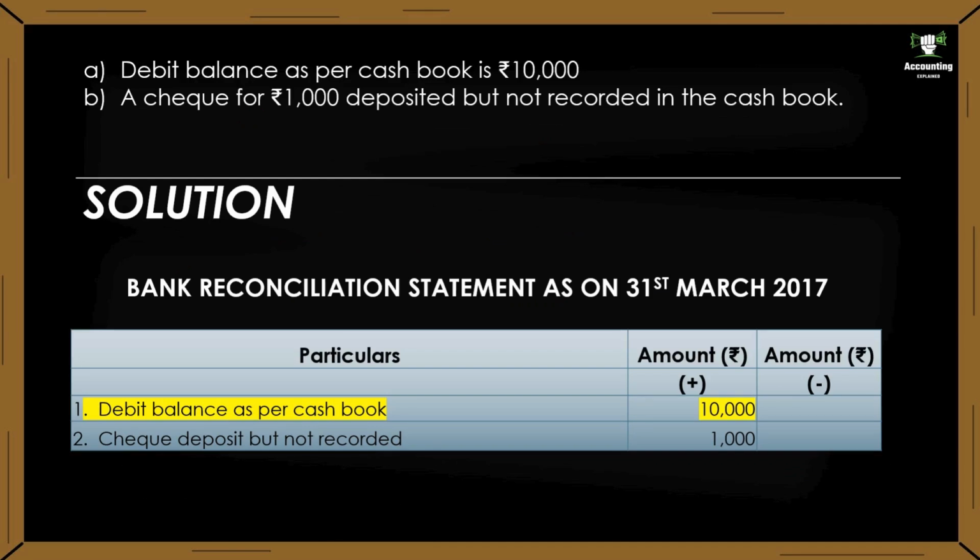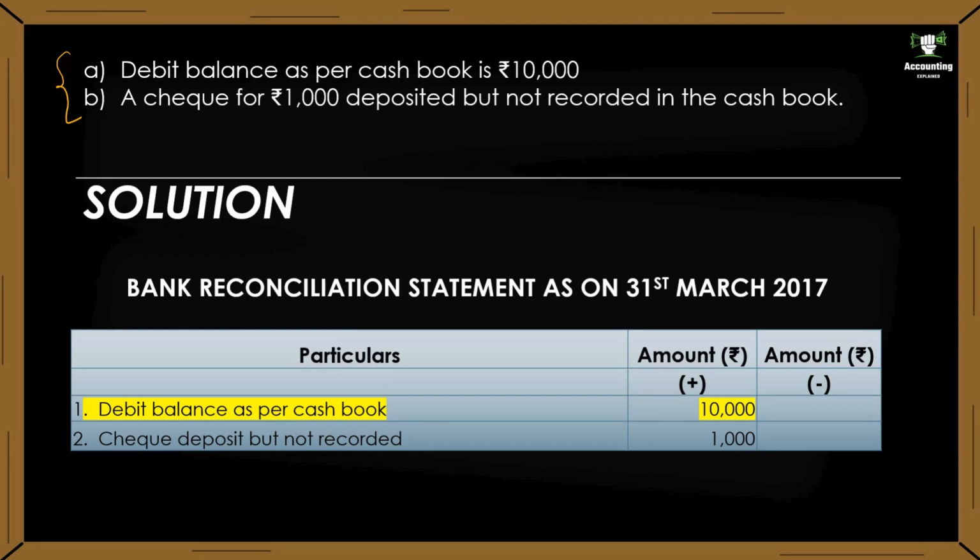Now what we are going to do is, rather than handling all transactions at once, we are going to solve one by one, that is, step by step. So I have taken the first 2 points from the question and we are going to do that first. Okay, so we have already seen in our previous video that bank reconciliation statement can be